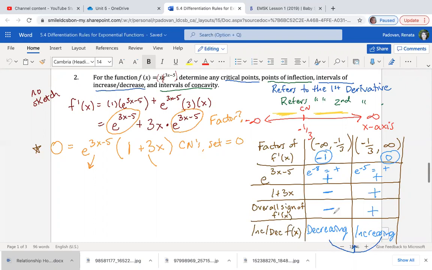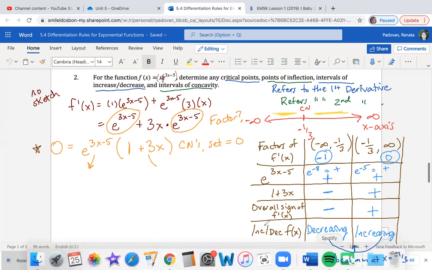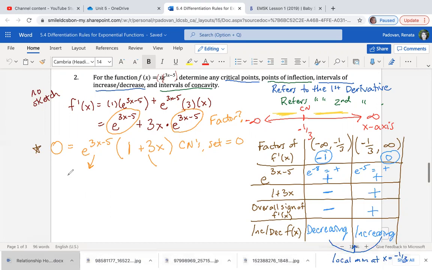So I've got a smile, then you can see that I have a local min, right? But then I need to find the y value of that at x equals -1/3. In order to get the y value, you always go back to the original. So I have a local minimum